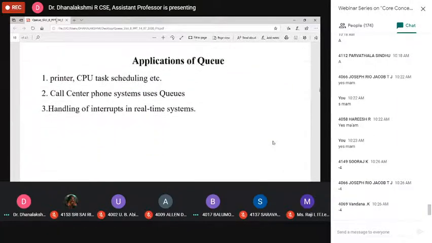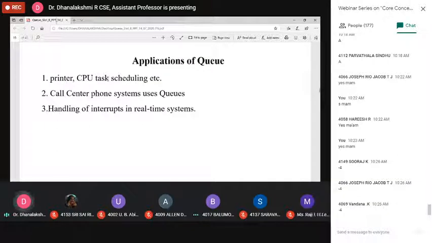Next, these are also some of the applications of queue. Here we have three applications, though a lot of applications are there. The first one is printer and CPU task scheduling. This is one of the important applications of queue. It serves requests on a single shared resource.